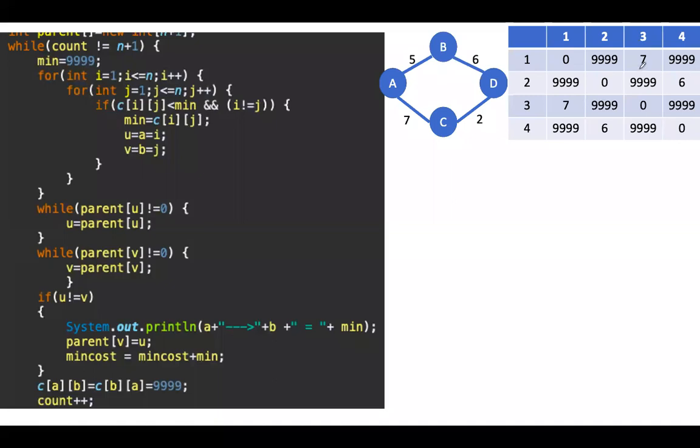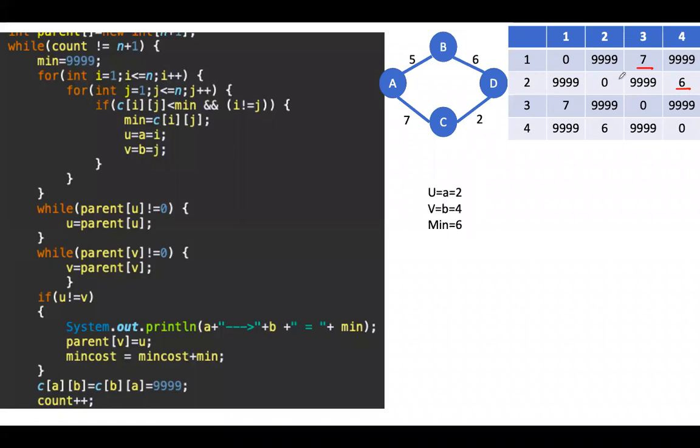So first it will select 7 as minimum. While going through the first row, it will select 7 as minimum. But when we come to the second row, it will see there is one more element which is less than 7, that is 6. I'm talking about the for loop. First it will scan the first row, there it will pick 7 as minimum element, and then going through the second row, it will select 6 as the minimum element. When 6 is the minimum element, i value is 2, j value is 4.